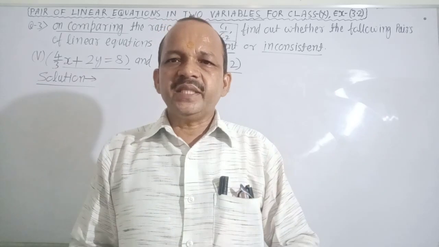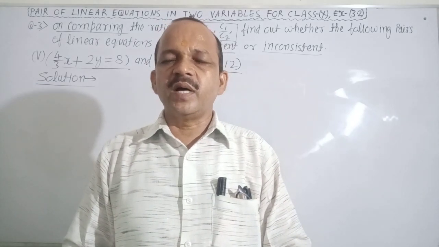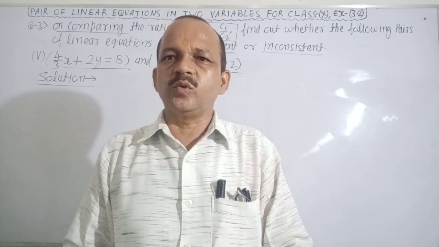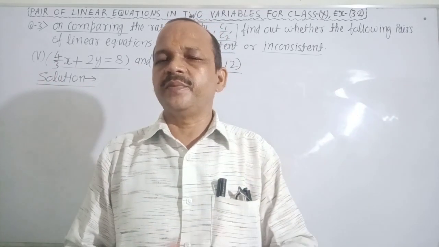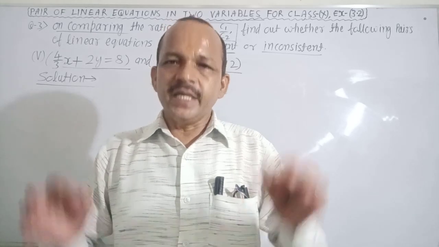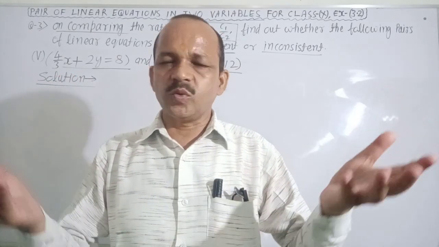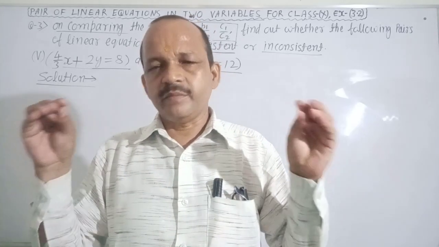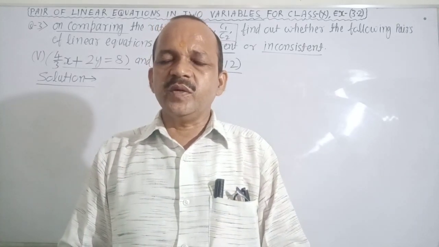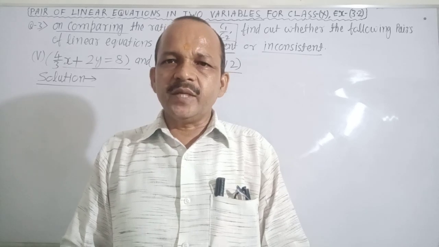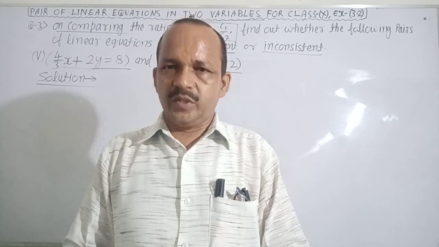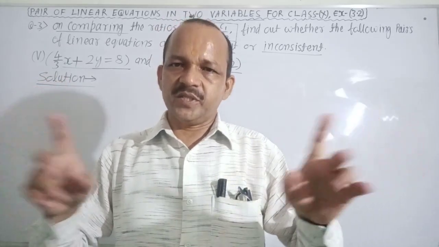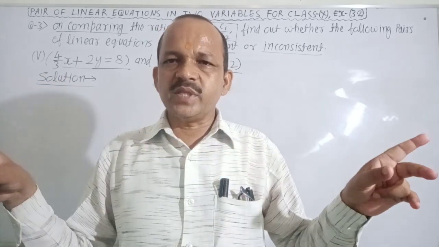Very good. Firstly, I want to describe the form of a pair of linear equations in two variables, because you can ask me what is the form of a pair of linear equations in two variables. It is new for you, so you can ask questions very easily. It is clear? No confusion about it? Very good. a1x plus b1y plus c1 equal to 0, a2x plus b2y plus c2 equal to 0. It is the form of a pair of linear equations in two variables. It is clear? No confusion about it?